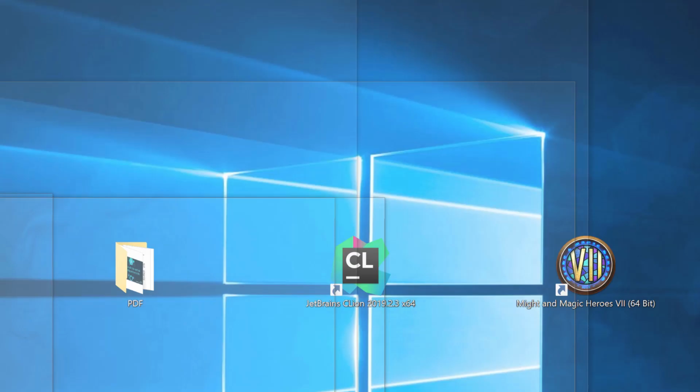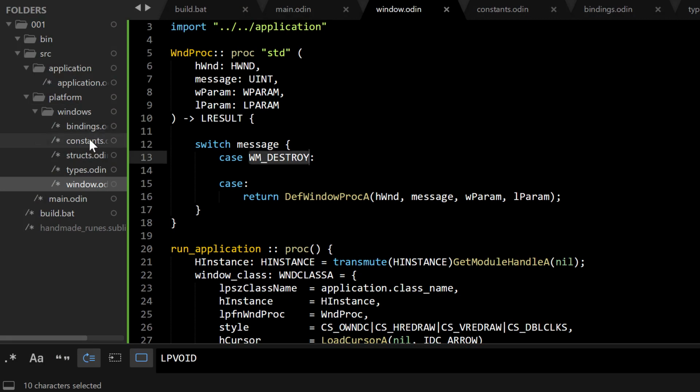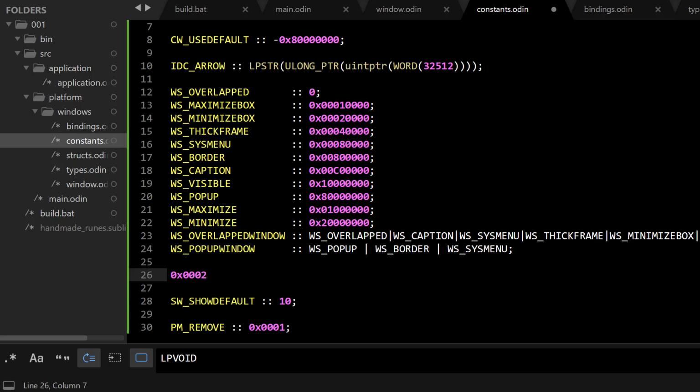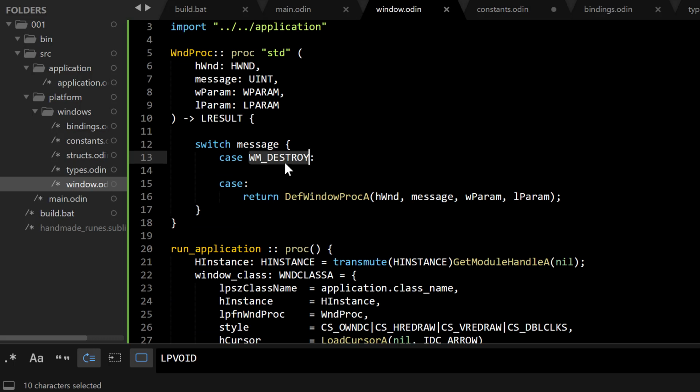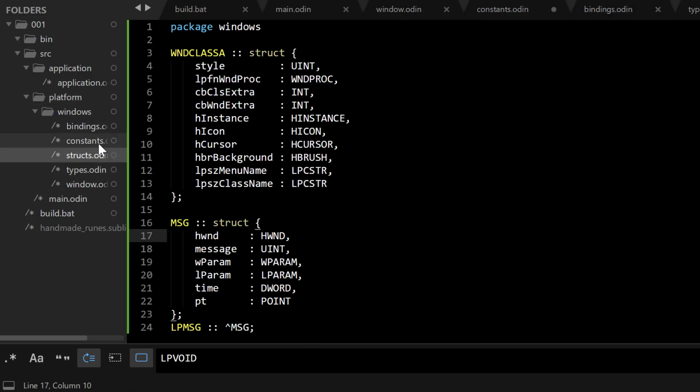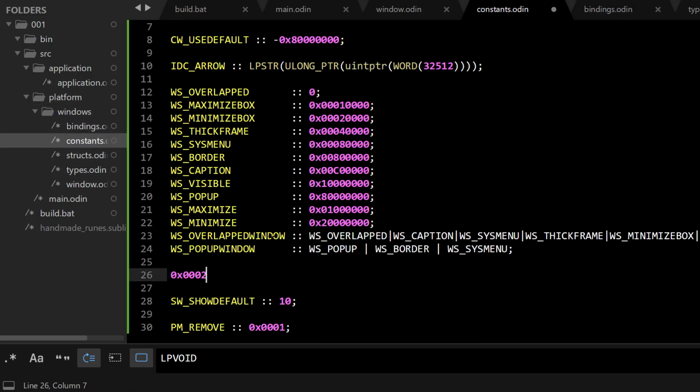Let's do that. I think I did it already. Maybe not. Constants. System. Sorry, that's WS. WM, Windows message, is going to be in constants. It's going to be this. Okay, so when we get the destroy message,